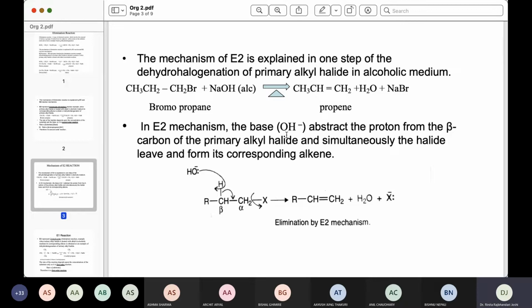Okay, the base that is the hydroxide ion, यहाँ जुन छ sodium hydroxide, KOH जुन छ ionize भएर जुन hydroxide ion दिन्छ, this base abstracts the proton from the beta carbon of the primary alkyl halide and simultaneously the halide leaves and forms its corresponding alkene. Okay, यो statement बुझ्नलाई यहाँ हेरौं त, हामीले कुनै पनि यो primary alkyl halide यसरी लेखेको छ भने यहाँ के बुझिन्छ त भन्दाखेरि यो ionization भएर जुन hydroxide ion बन्छ, that hydroxide abstracts the proton from the beta